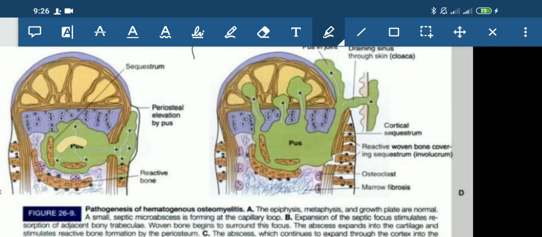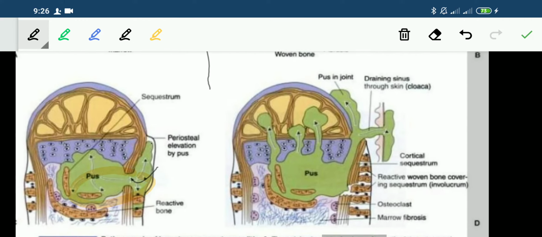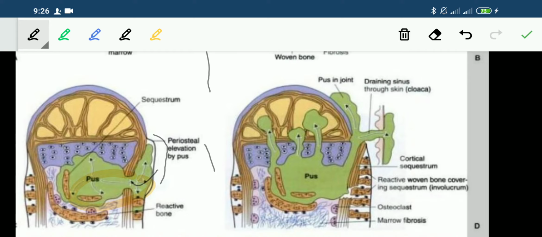When the pus increases in amount, it may reach the periosteum in the subperiosteal region, leading to periosteal elevation. There is a dead or necrosed bone known as sequestrum. The pus extends and may reach out through the skin, known as draining sinuses,